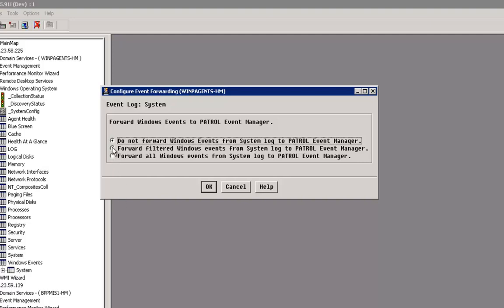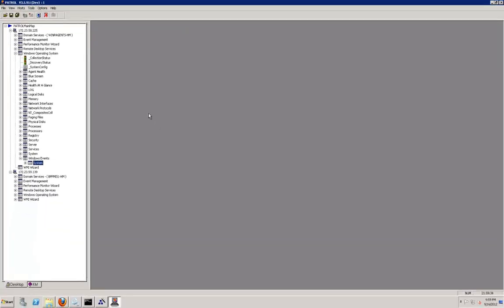So if I choose to forward filtered Windows events from the system log to the Patrol Event Manager, in this case the Patrol Event Manager is the event management process running within the Patrol agent. Okay? If I choose this, then I'll be picking up only the events that I built the filter for previously. So I'll do that, click OK here, and now our next step is to go actually generate an event in